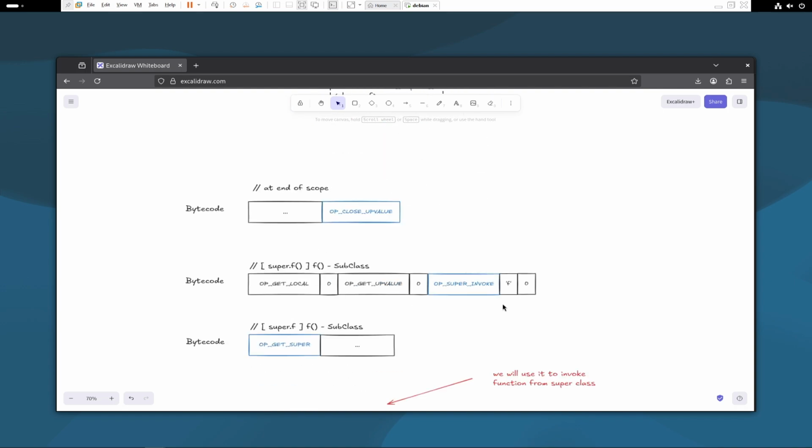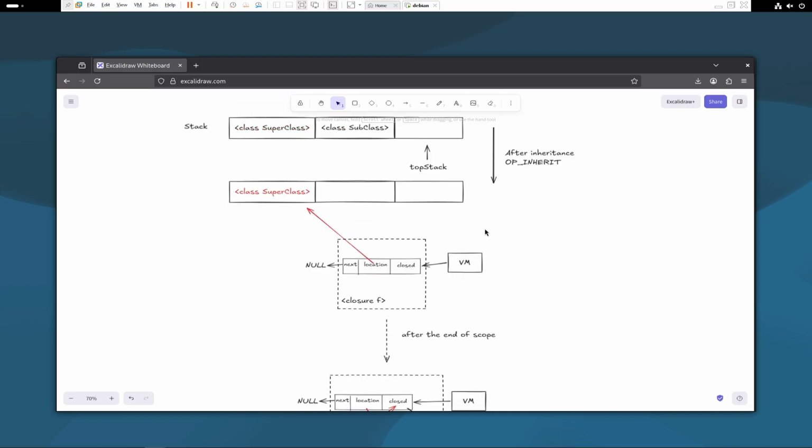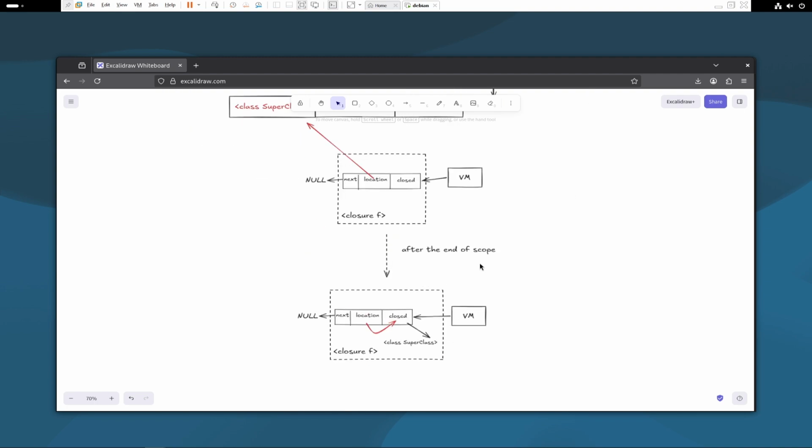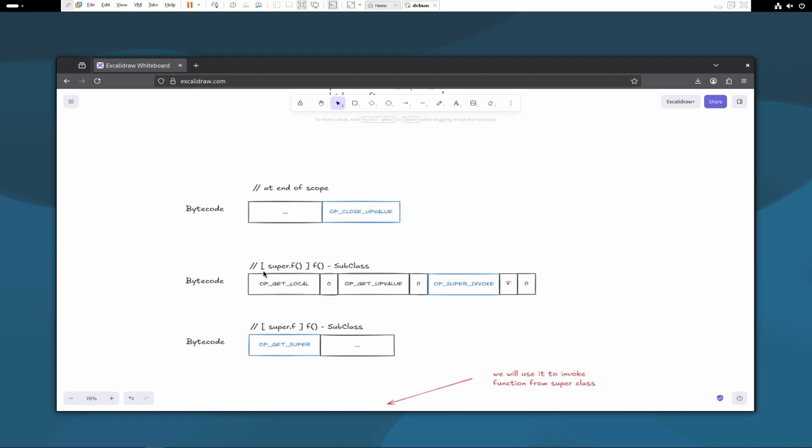So we have three bytecodes that we need to implement, and the first bytecode is to close an upvalue. It is a simple bytecode, so at the end of the scope I need to close that upvalue, because a closure has a table of upvalues. So I need to close the upvalue super so the function can access it later. The second one is for the instruction super.f, calling the function f, so we need to load to the stack